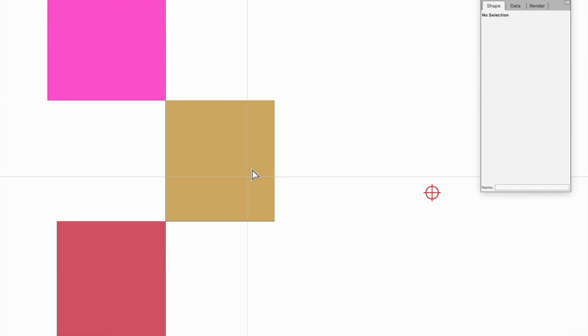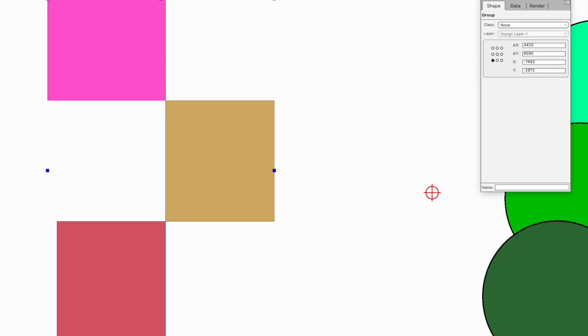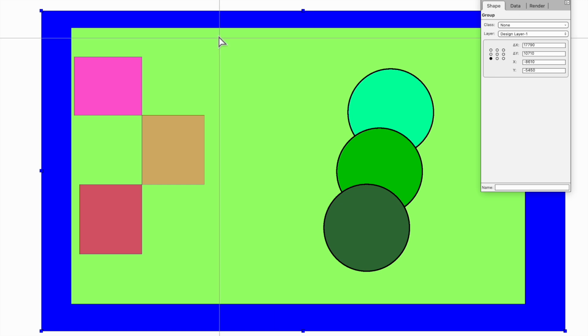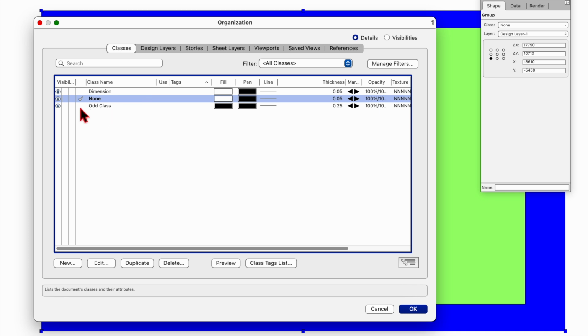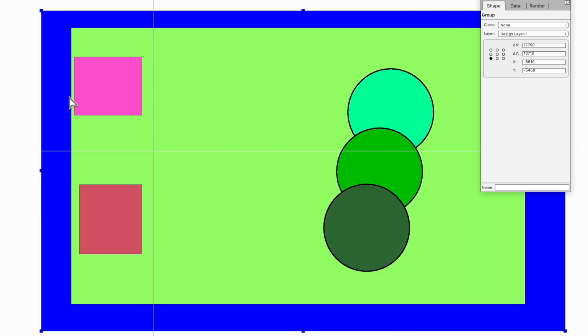Notice also that the beige rectangle has appeared because when I saved a view, I told it I wanted to see that class. A minute ago, we were outside here in the drawing with all the classes on. We were not editing a group, so we didn't see it. But the advantage here is inside the group, we can turn off this class. When we go to edit this,